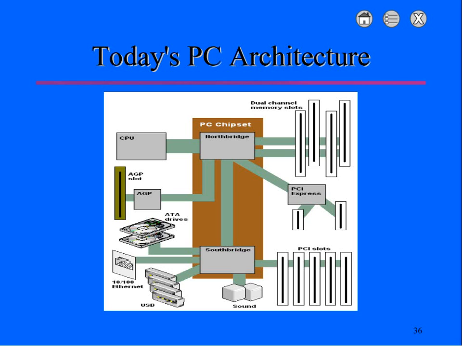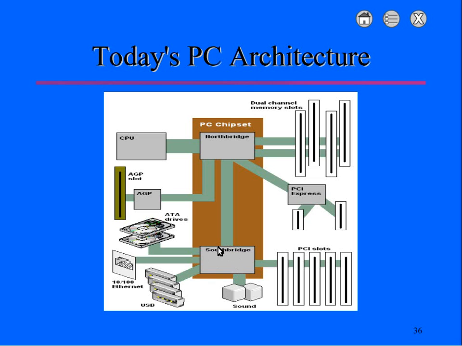Now here's another look at today's PC architecture, just a nice overview of it. Here we have the CPU, and again the CPU connects directly to the north bridge chip through the local bus, or front side bus as it's often referred to. The north bridge chip also connects to the memory through the memory bus. So one of the major jobs of the north bridge is to act as a go-between between the CPU and the memory. Then the north bridge chip connects through the I/O bus to the south bridge chip, and the south